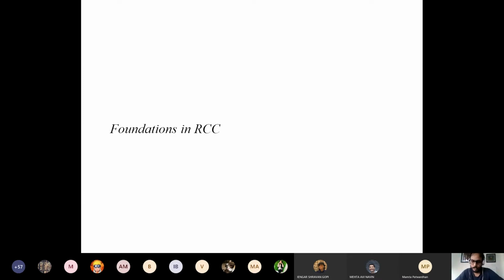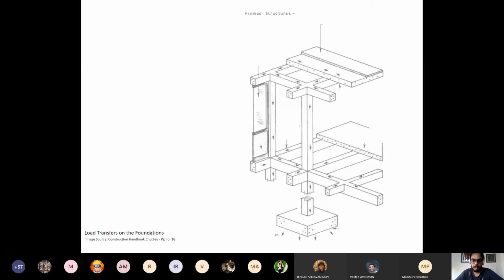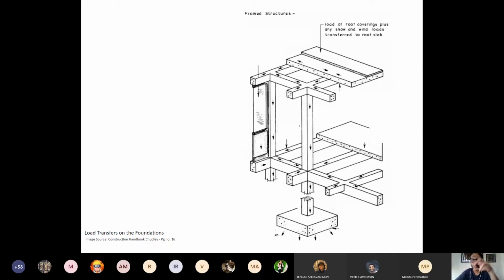Okay, so let's begin. One of the most key and important factors you should consider when thinking of foundations is how much load is actually to be transferred to the foundation, for example in the case of an RCC frame structure. Keep in mind the presentation that Shantanu made on the frame structure SketchUp model, because this will help you connect back to what he was showing. Let's start. This is a typical frame structure condition.